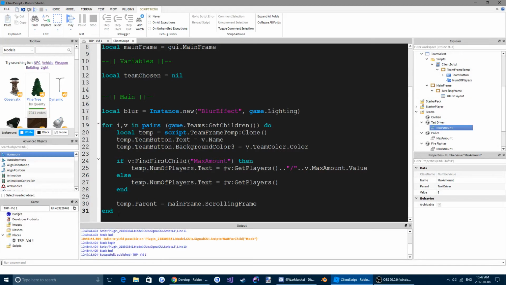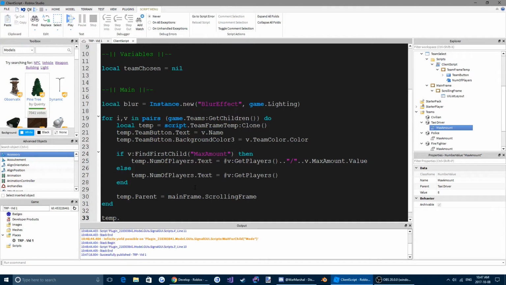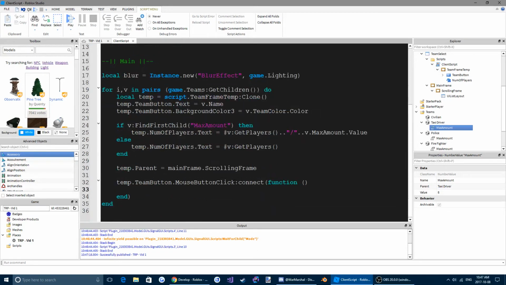So now we're actually going to set the max values for the teams. We're going to do temp. Oops, wrong, I should have been in here, sorry. Temp.TeamButton.MouseButton1Click:Connect(function() and then we are going to copy this here, put it here, and we're going to do if #v:GetPlayers() is less than v.MaxAmount then,